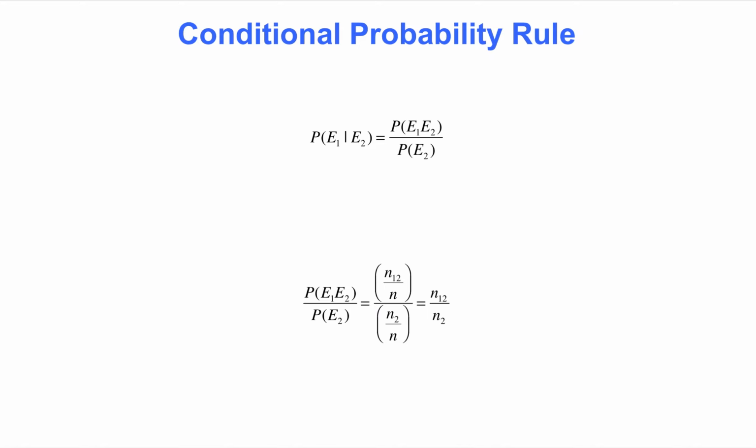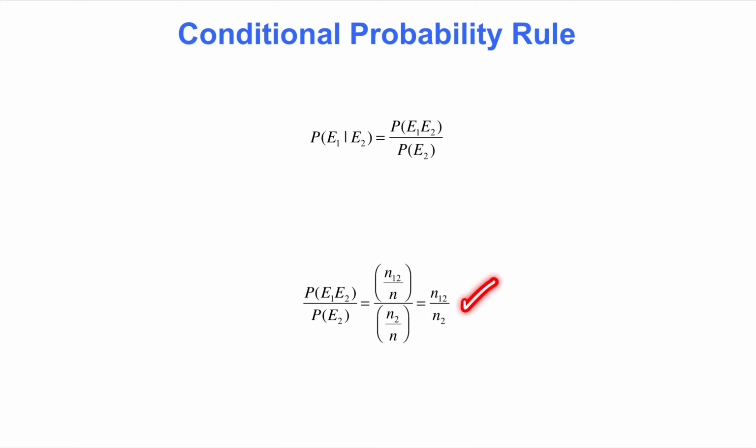The conditional probability rule states that the conditional probability of E1 given E2 is the probability of the intersection of those two events divided by the probability of E2. This rule can be justified in several ways. One approach is to think of n repeated experiments in which the events E1 and, or E2, may occur. Suppose n2 is the number of times that E2 occurs, while n12 is the number of times E1 and E2 occur simultaneously. Then, employing the frequency notion of probability and letting the number of experiments, n, become large,